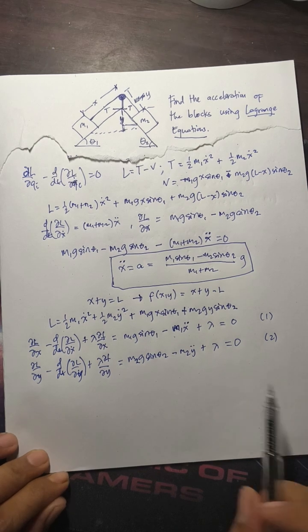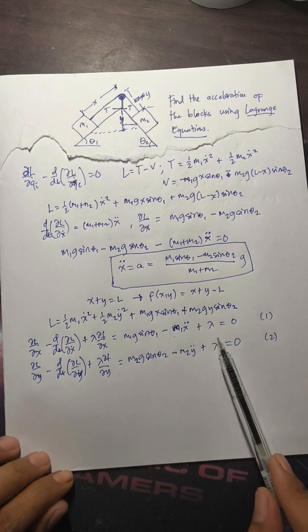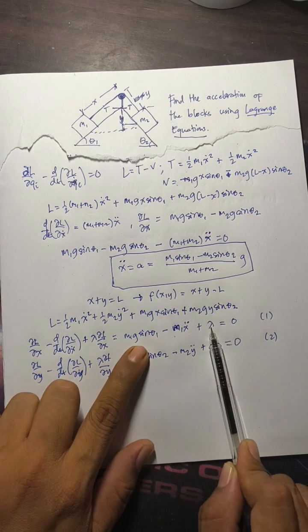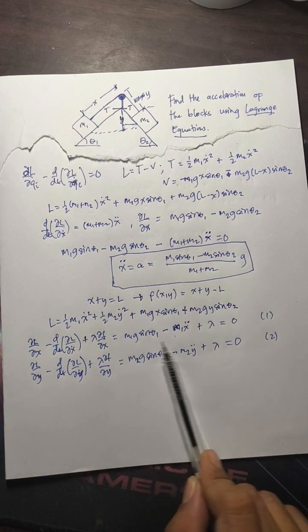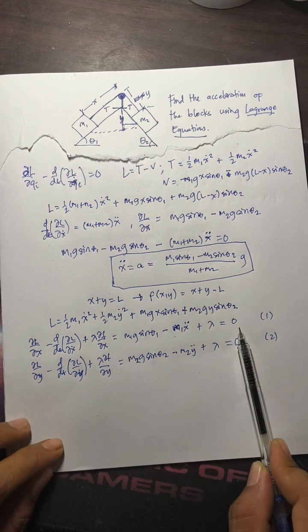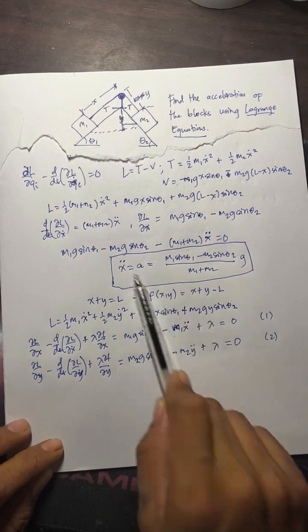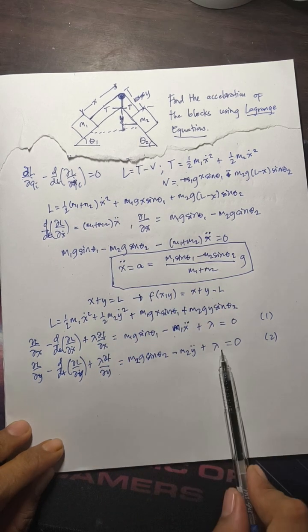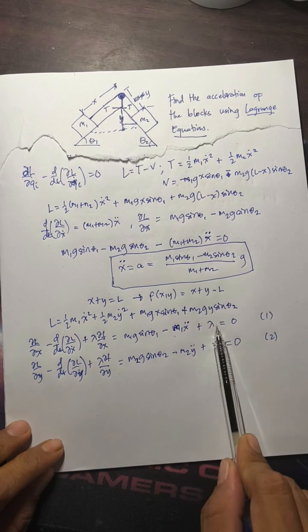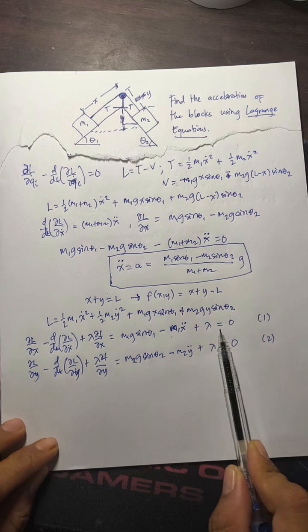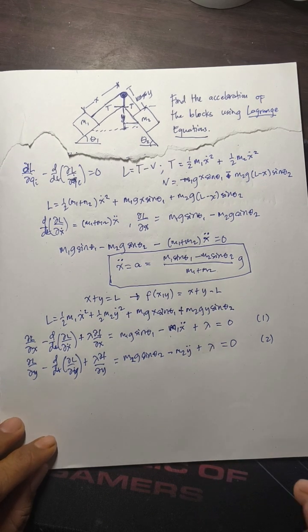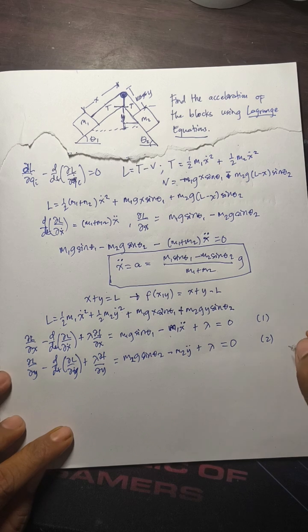We can now substitute, but the thing is that we have this lambda. Let's interpret lambda. Lambda now is the tension in this case. Notice that this is a sum of forces, right? So there is a force that has not been accounted for in this equation when we take this one directly, and that's actually the lambda. And we know from understanding the system that that would be our tension T. So just replace lambda by T.